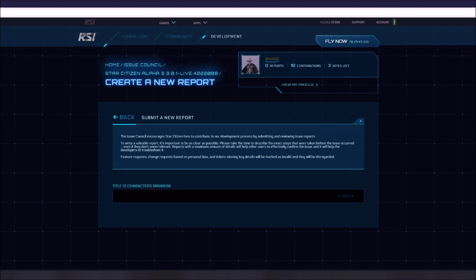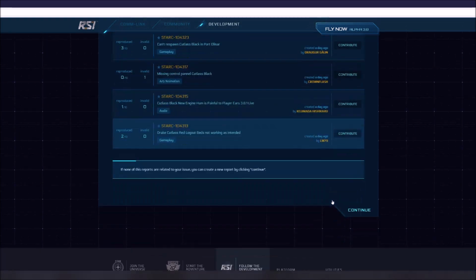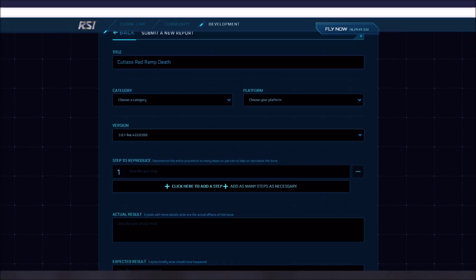So let's click on the add report button. We'll go in here and give this a title. I'm going to call it Cutlass Red Ramp Death, and click check. It's going to check if anybody else has the same name, and of course nobody's going to have that because we went through the whole list. And then click on continue,